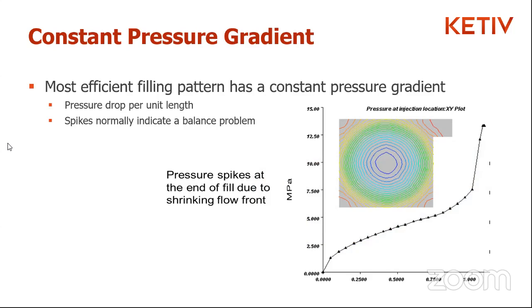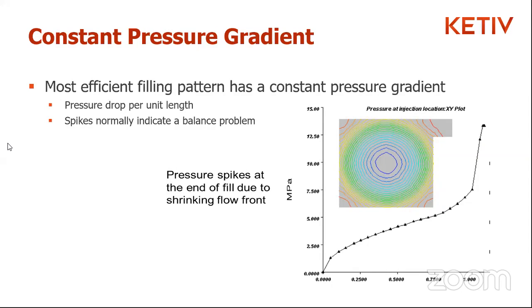Now another one that we're looking at, and again, this is one of those advantages of running a simulation beforehand, is looking at the pressure gradient, right? Typically what you're hoping for is a constant pressure gradient, which is the pressure drop per unit length. So you're looking for that to be fairly constant, or you're looking for the pressure rise to be fairly uniform,